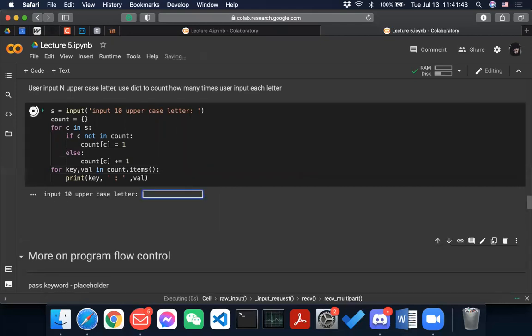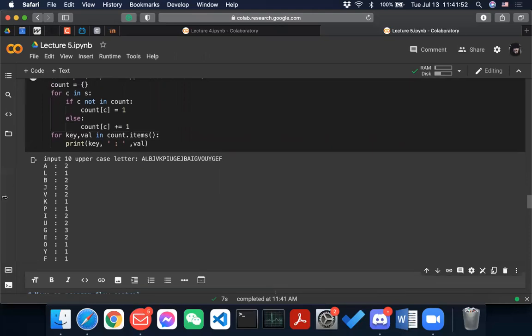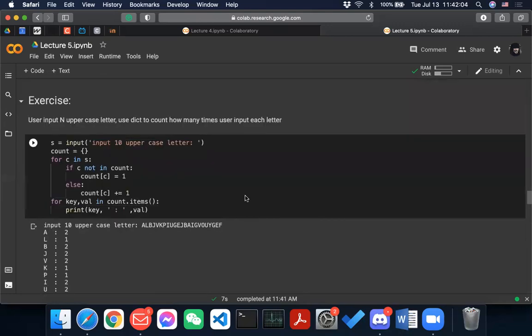For example, what I can do is type a bunch of letters. Okay, and then look at that. I pressed A once, L once, B twice, J twice, like those, right? So it doesn't actually matter, right? A good program handles every corner case, or every case for a specific task.